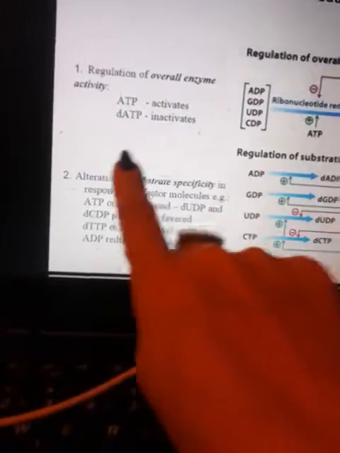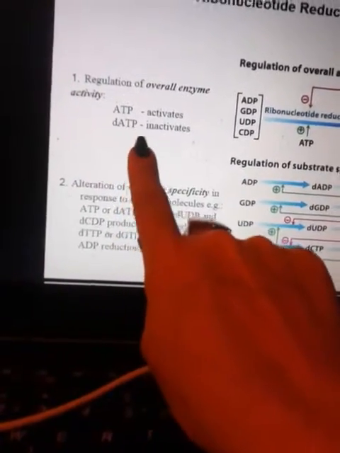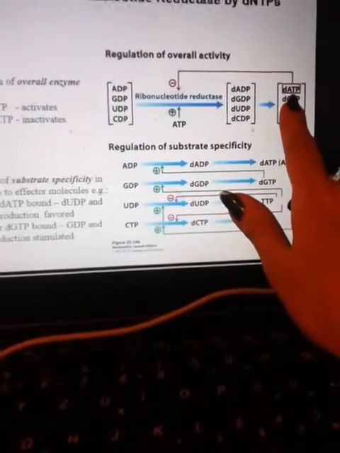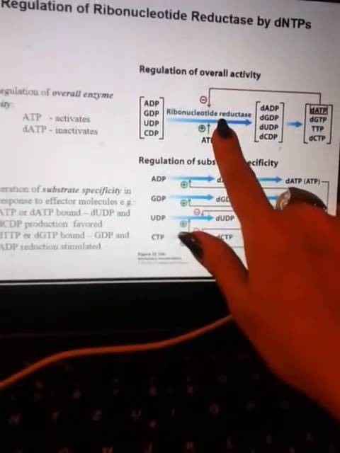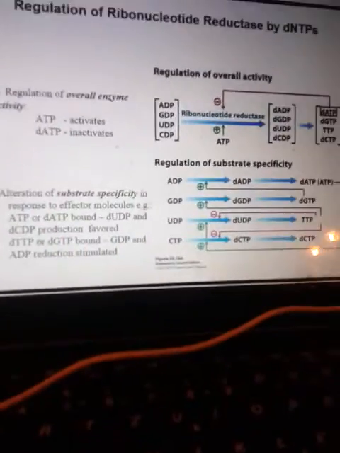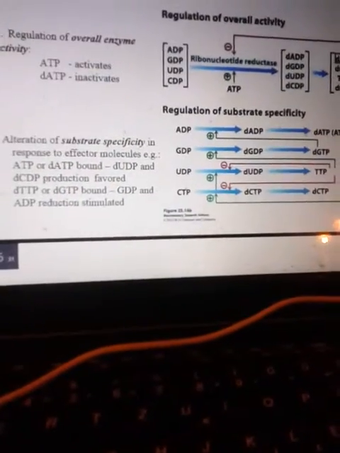ATP is an activator, and the deoxyadenosine triphosphate inactivates. The deoxyadenosine triphosphate is a final product. Please, that's enough. Ribonucleotide reductase we produce already. Alteration of substrate specificity